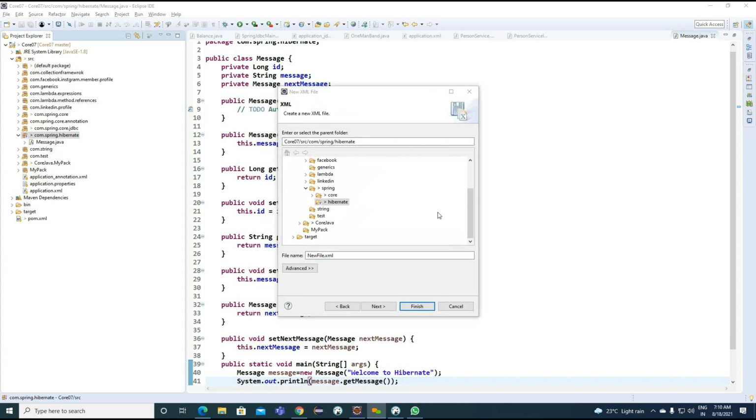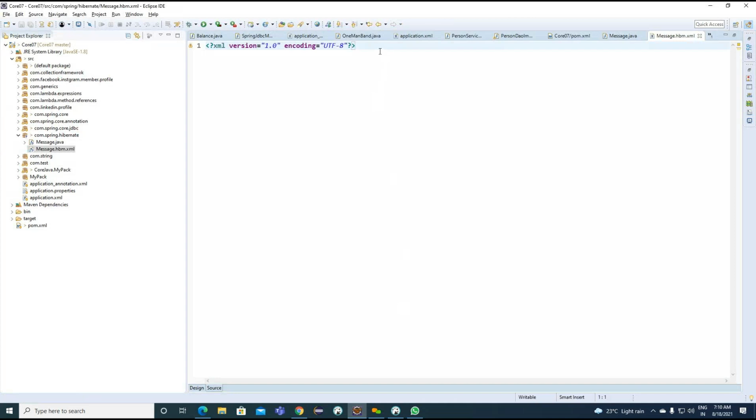This particular XML, message.hbm.xml. Getting the point, naming convention is very important here. Now observe message.hbm.xml. Now what are we doing here? So inside this particular message,